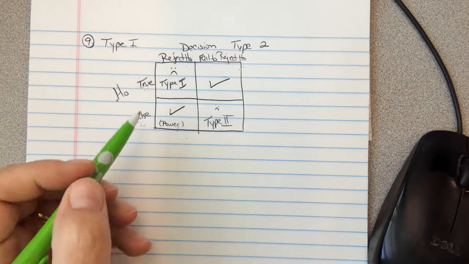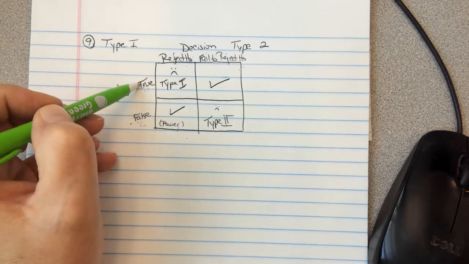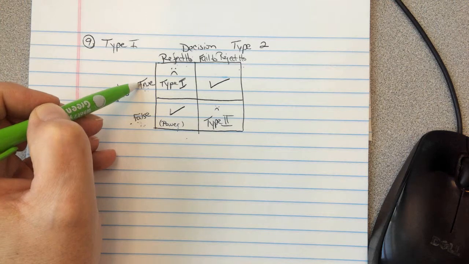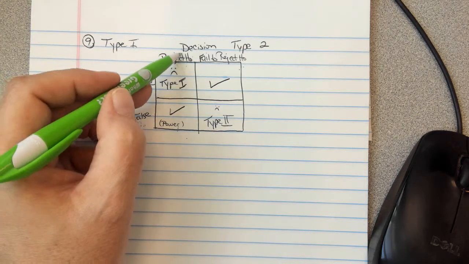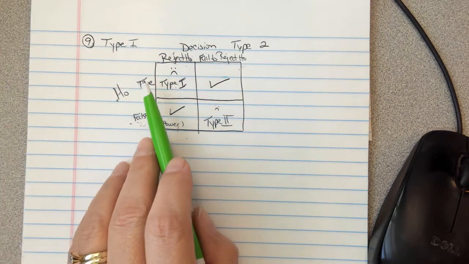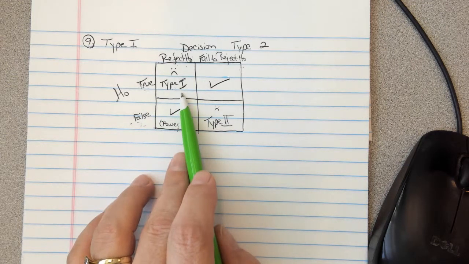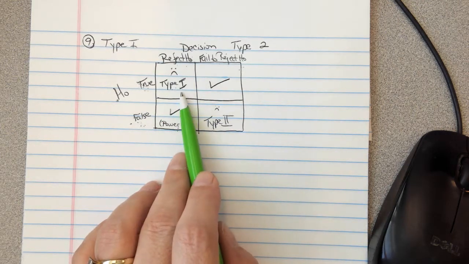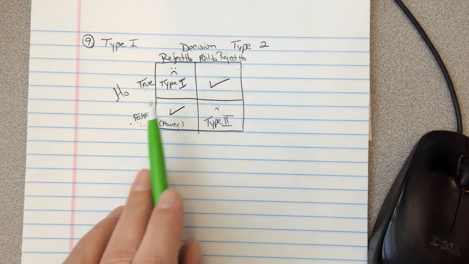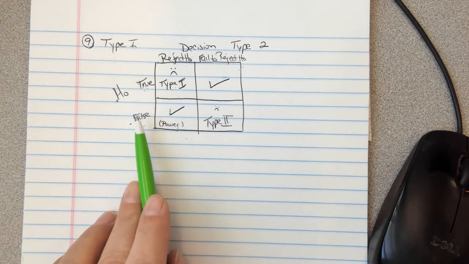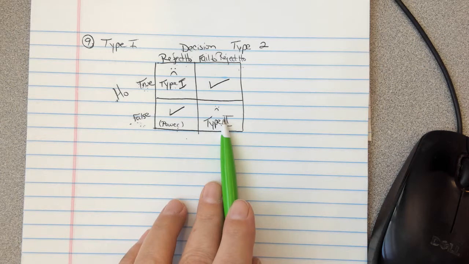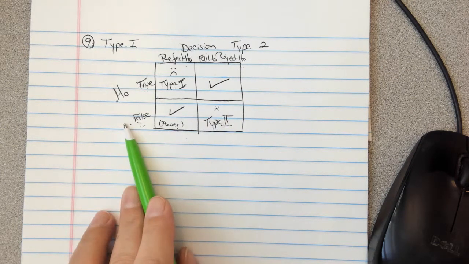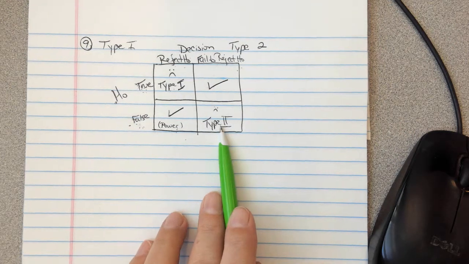In the realm of medical testing, the null hypothesis is that the new medicine is just as good as the old medicine. Okay, if we reject that, then we have committed an error. In this case, the new medicine wasn't really better, but we said it was. And we're going to produce and manufacture and treat people with a medicine that's not better. That's not a terrible thing to happen, but this other one's bad. If the new medicine really is better, then we'd have a false null. We fail to reject it, it means we don't think it's better, so we don't market it. So we have a cure for cancer, but we don't market it because we don't think it actually works.